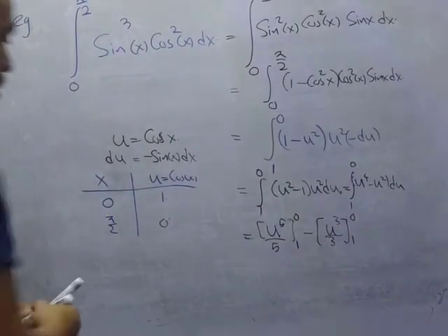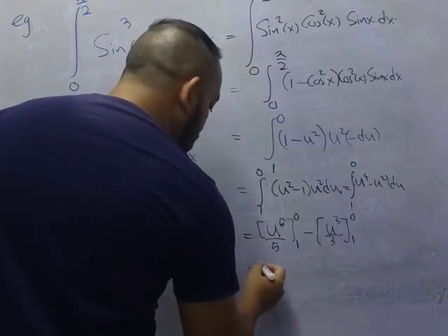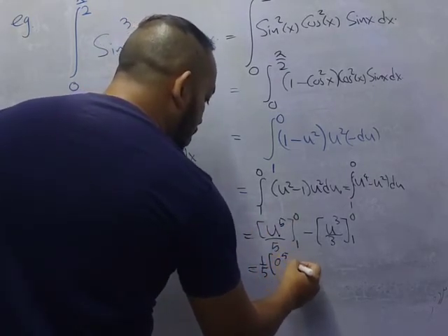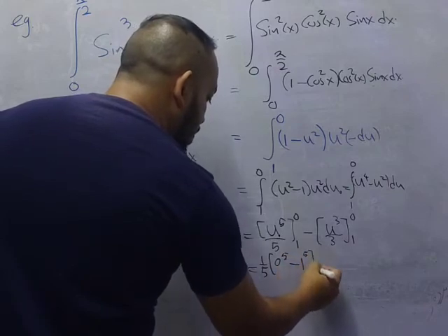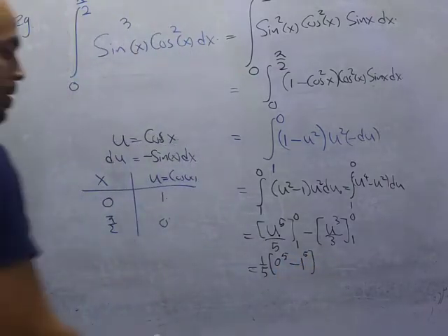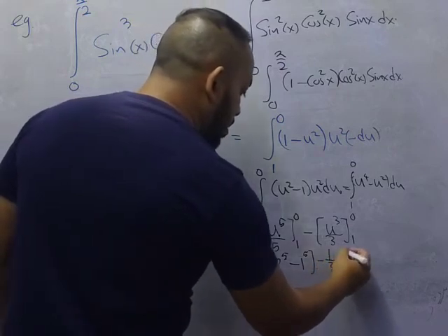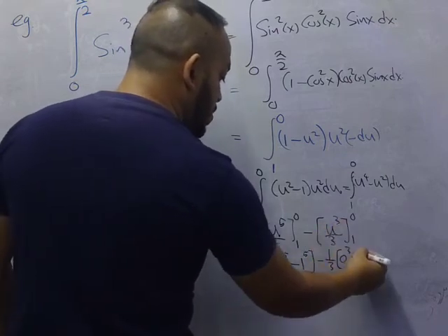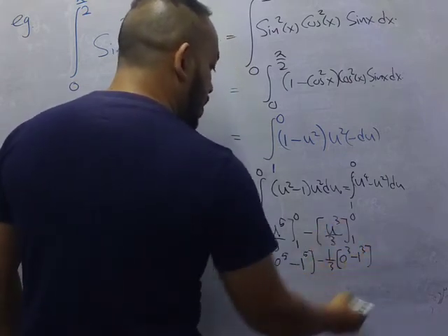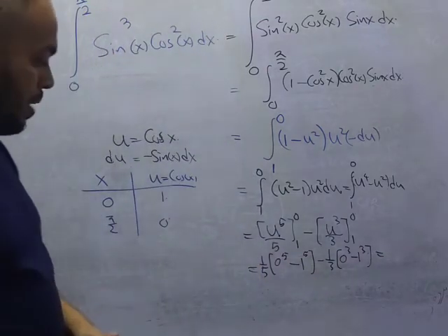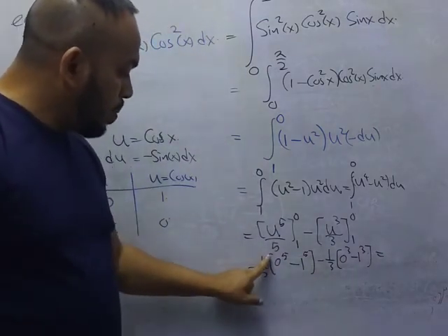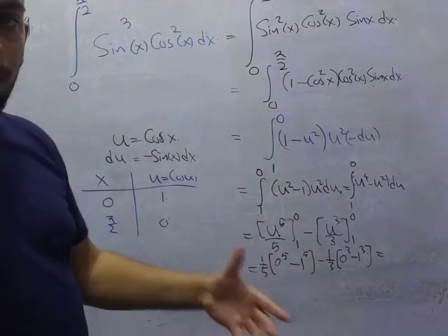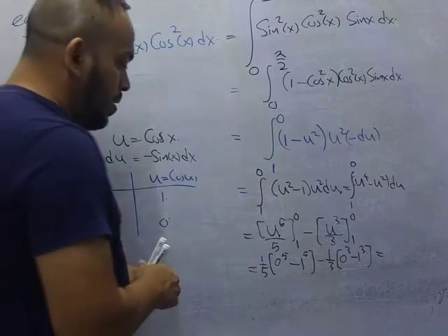Now what do we have? I can factor out the constant 1 over 5. Then I put 0 raised to 5 minus 1 raised to 5. Then minus 1/3, 0 raised to 3 minus 1 raised to 3. So what is the answer? From here we have minus 1 over 5. From here we have plus 1 over 3. So 1 over 3 minus 1 over 5 would be